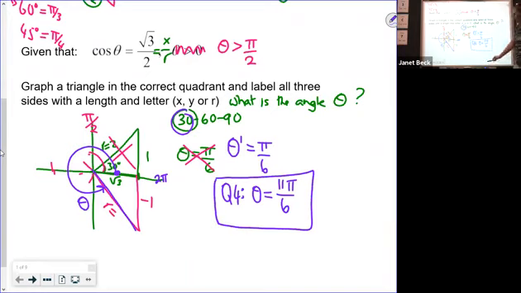That's the sort of thing that we're going to be doing with our lesson today. We're going to be given a trig function, and we actually have to find the angle or angles that would have that value for its trig function. Now, think about it for a second. If we're asking you to find an angle, and we're not allowing you to use calculators, the only